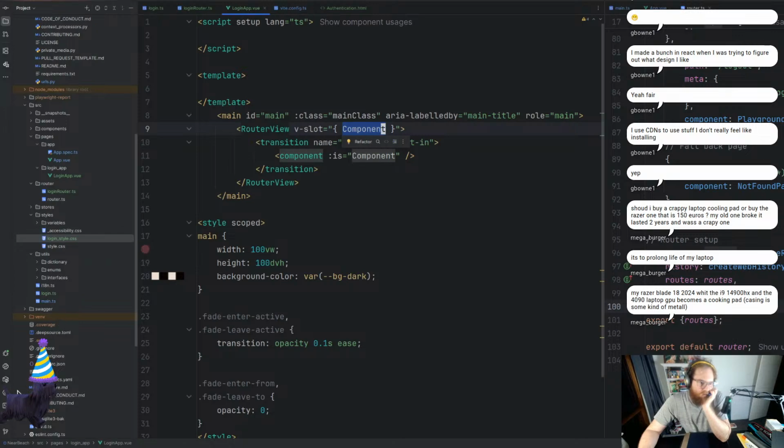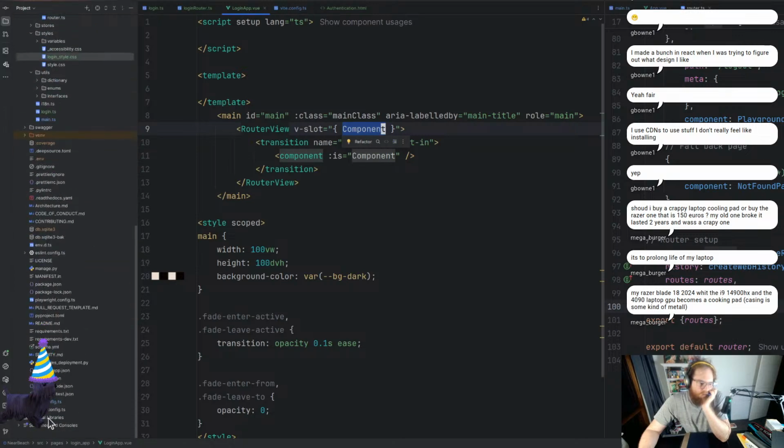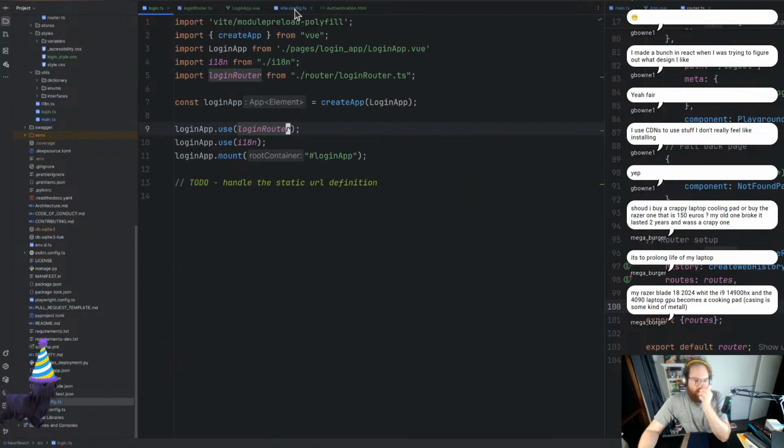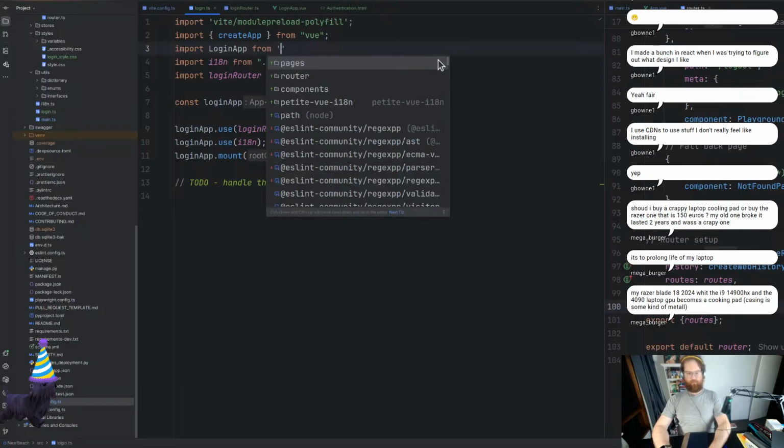So let's go into the Vite config. There's the main, there's the login. We're happy with that. So login TypeScript. This might need to change. So what I'm going to do,